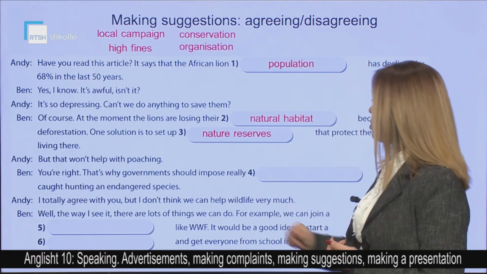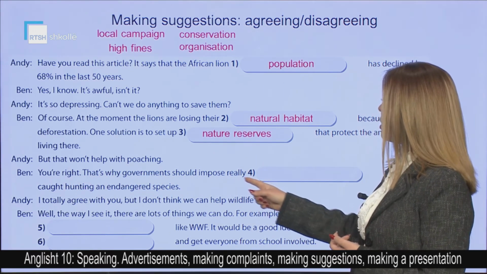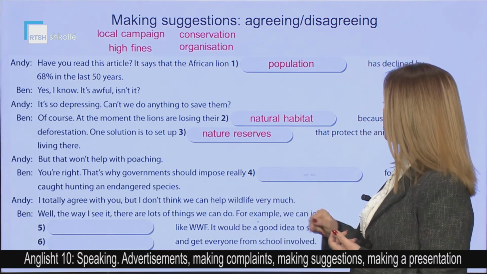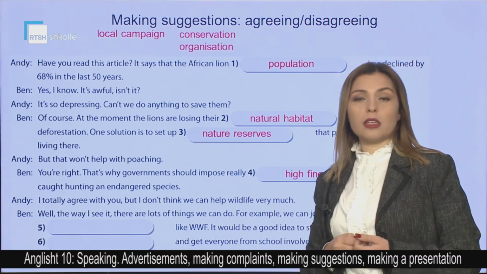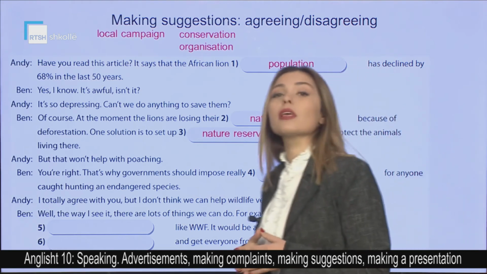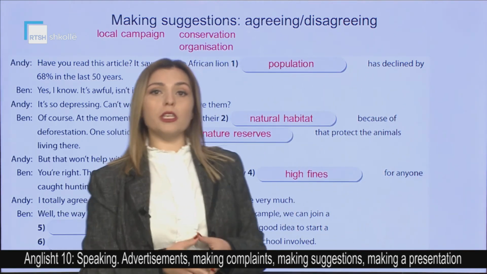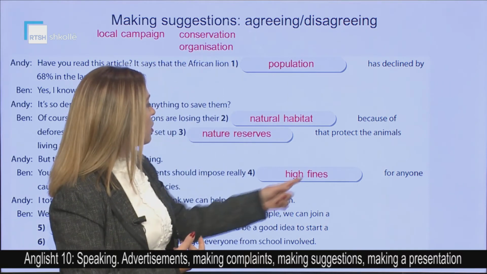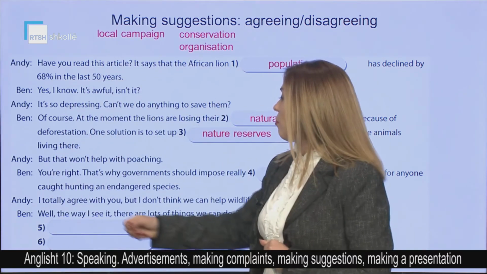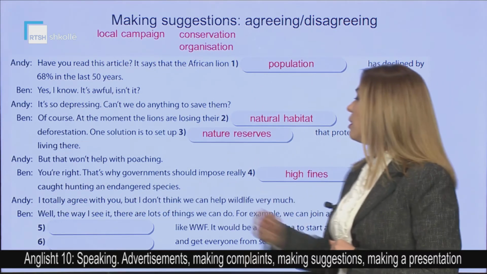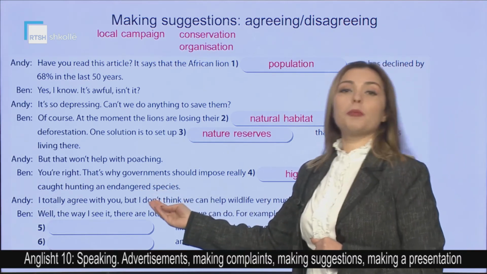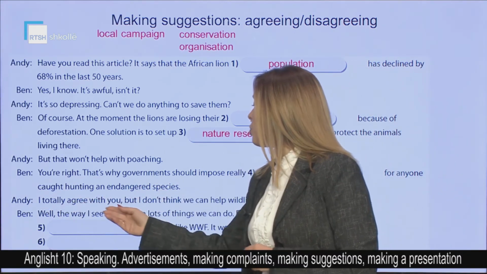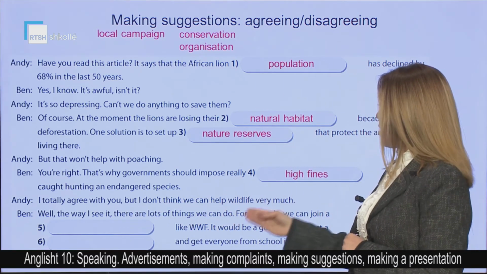That's why governments should impose, really should put what? They should put fines, very high fines. So if somebody does something illegally, he should be punished by paying a lot of money. This is what a fine is for anyone that is caught hunting an endangered species. Andy agrees with that and he says, I totally agree with you, but I don't think we can help wildlife